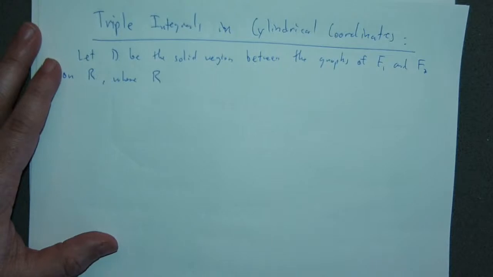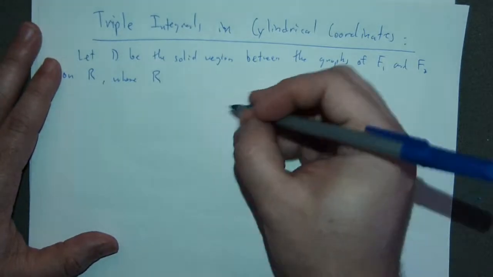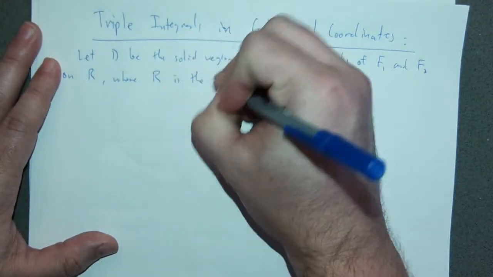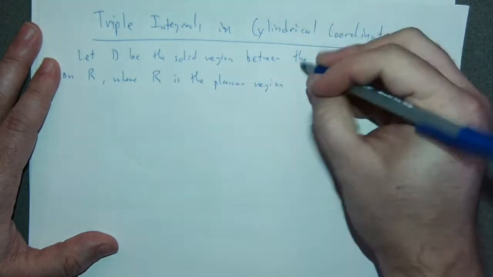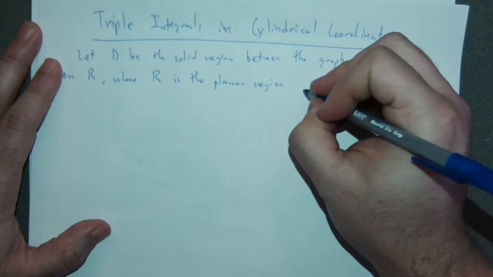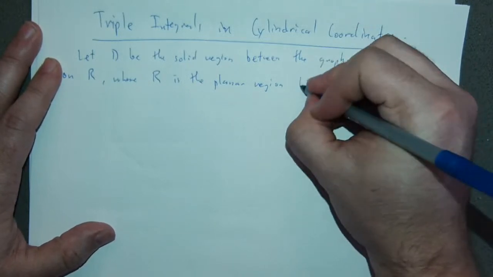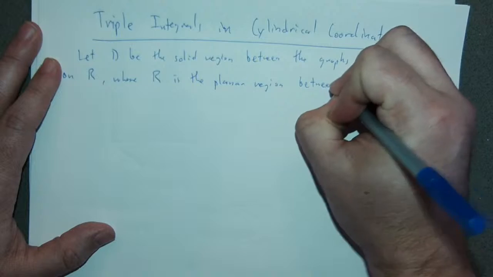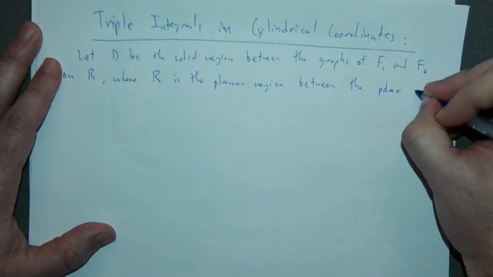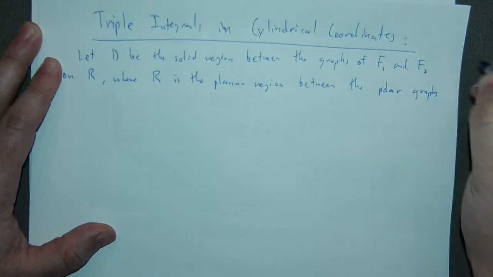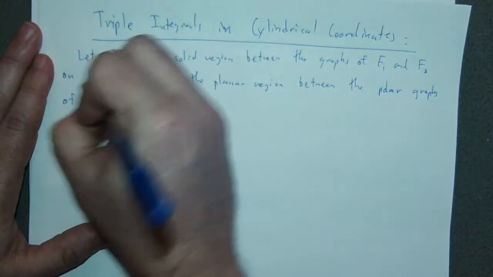So where R is the planar region between the polar graphs of H1 and H2